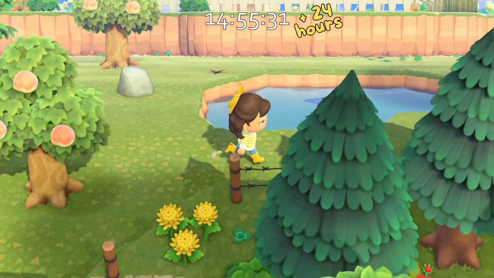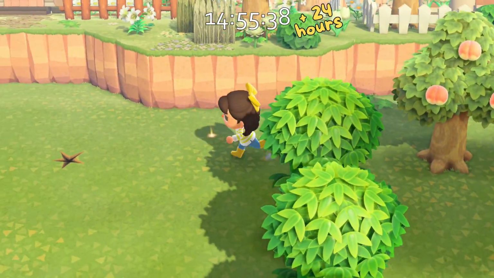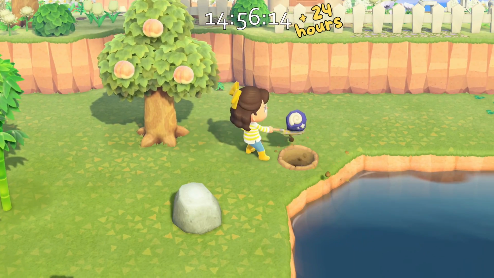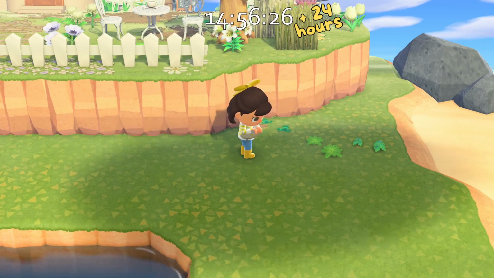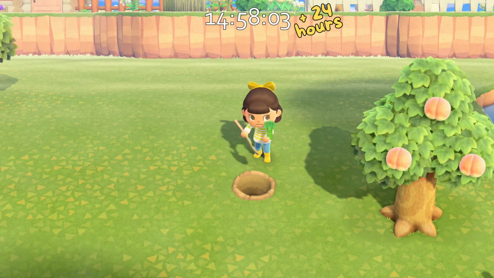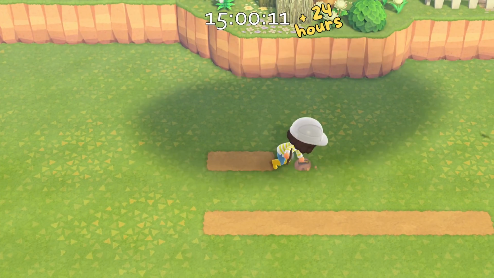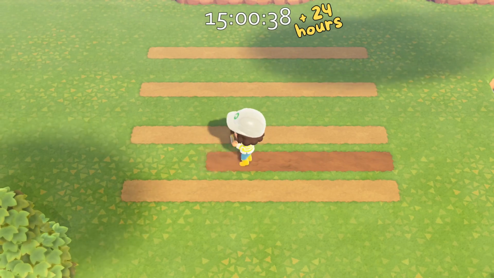Now I'm going to be working on the area here behind Nook's Cranny. I'm going to turn the pond into a small fishing area and then next to it I'm going to have a community garden with a heap of random vegetables in it. During my many time traveling times, I came across the DIY for the scarecrow, which is going to be perfect